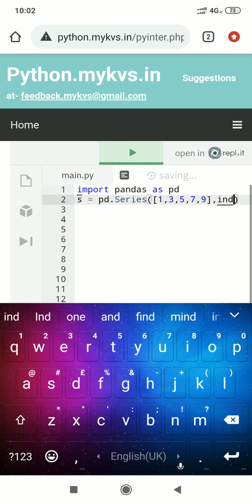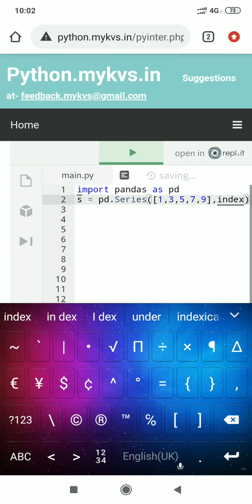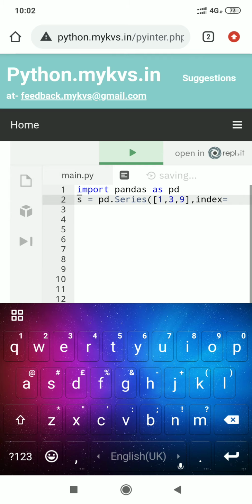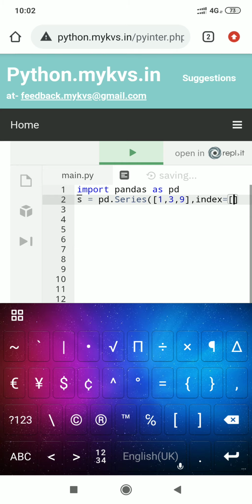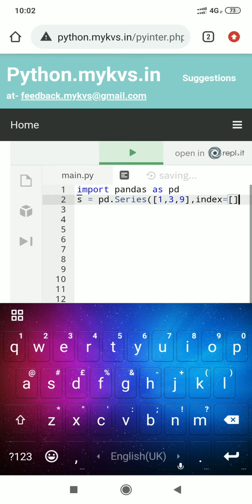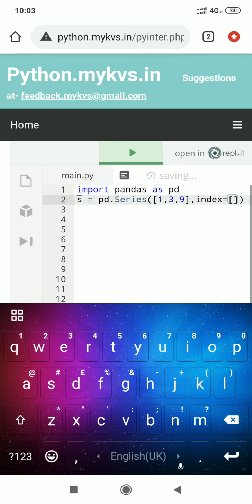Here I am mentioning the index argument, and reducing some values. If I require only 3 elements, index equal, I am passing indexing for the first element. Here I have to mention the list, or at the end close the bracket, and for index I am mentioning here the first index position.